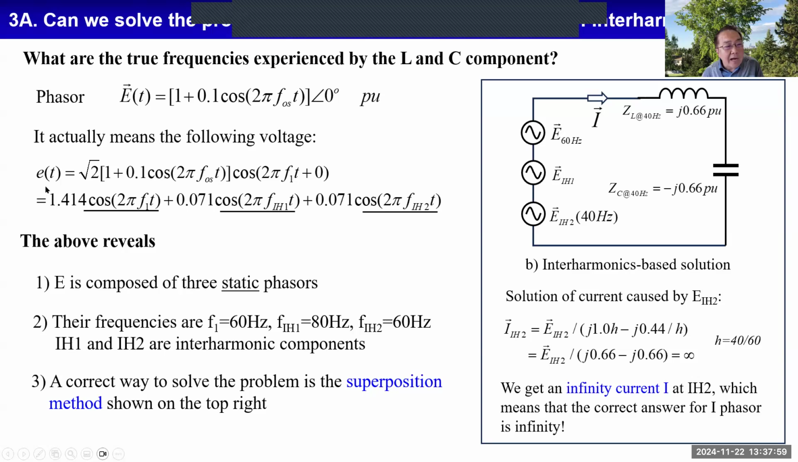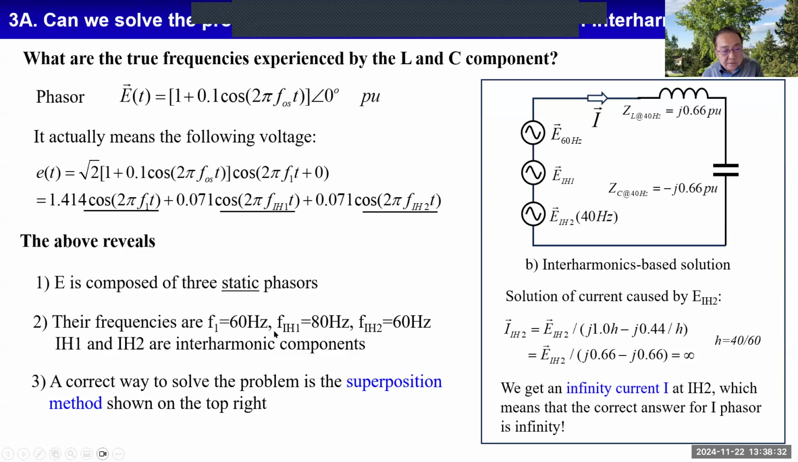Actual voltage is equal to the magnitude times the underlying 60 hertz component. When you multiply them together, you get a fundamental frequency component and the two interharmonic components. Look, these interharmonic components and the fundamental frequency component have constant magnitude. So therefore, there are three static phasors. Then we can use the phasor analysis calculation